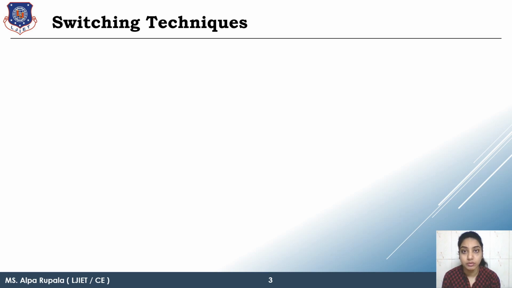When you are coming from your home to your college, at that time you have multiple paths. Then you decide which path you want to follow. This is the same way when you are talking about source and destination data transfer, at that time the switching techniques are very much important. That gives us the path.